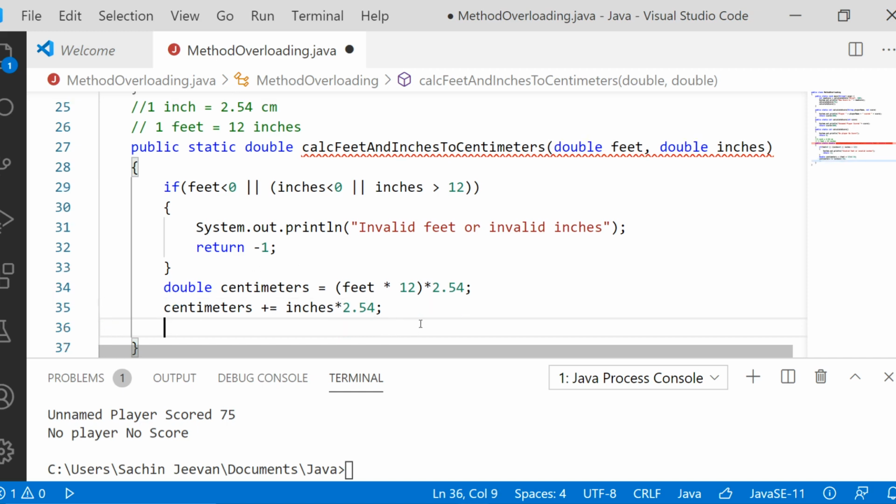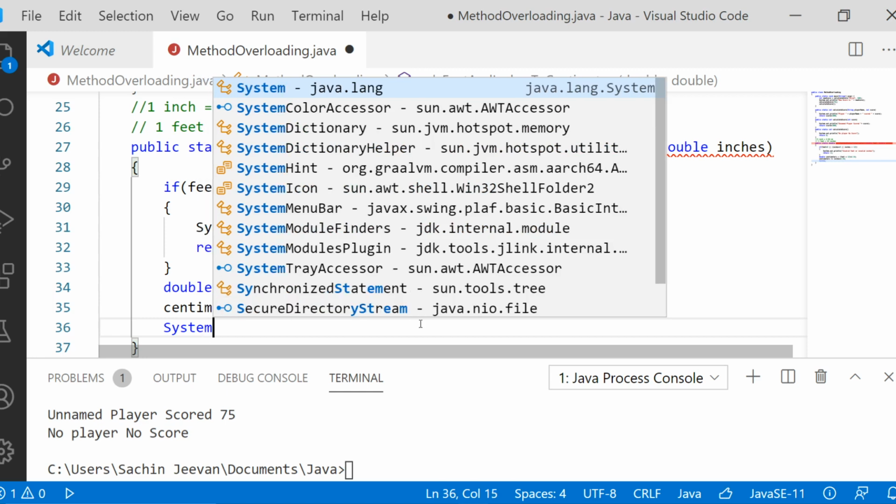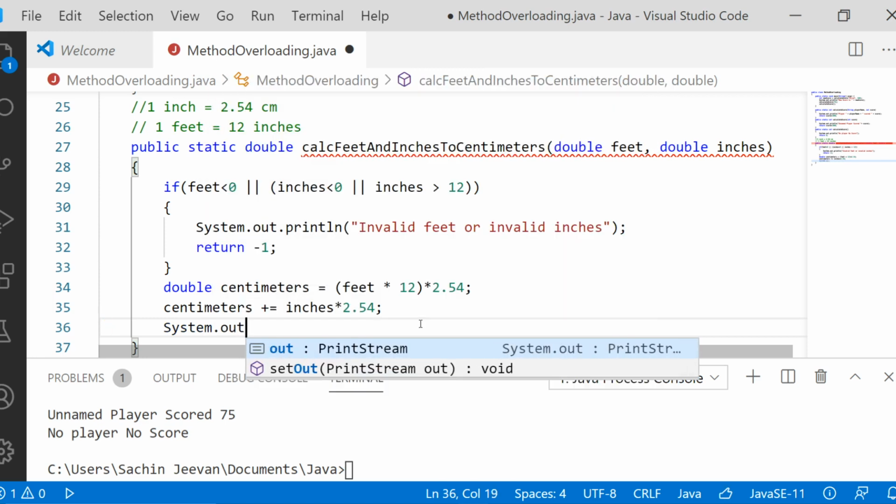Now we can start inserting print statements.